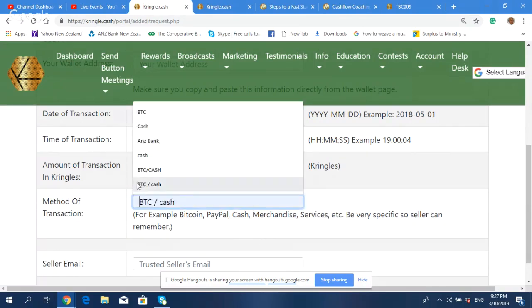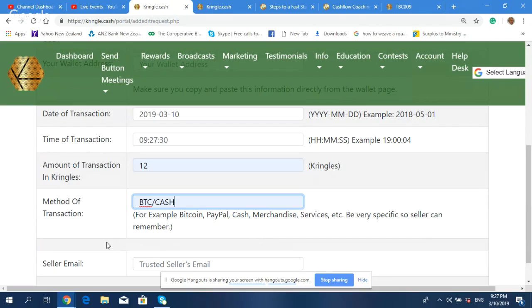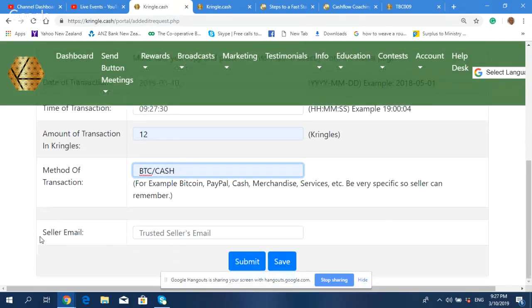So in here, I'm just going to put, say, Bitcoin Cash, half an hour. And right down here, seller's email. So you find whoever the seller is selling you the TBC, then he or she will either email it to you, and then you just pop it in there. And then after that, you submit it or save it until you get further information. If you don't have all the information that's required, or you just submit it, and the seller will receive that,